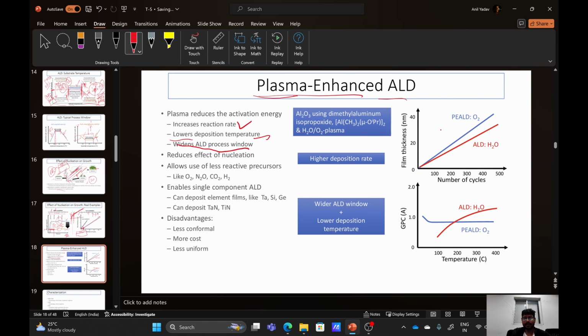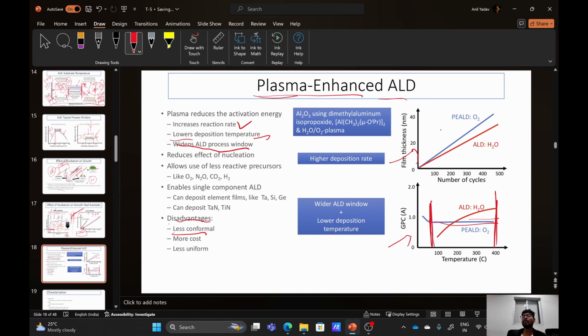And this is the kind of higher growth rate. Another thing is, this is the typical ALD cycle that you can see. This has widened the window for the deposition at lower temperature only. In this one there are some disadvantages, like less conformal, because